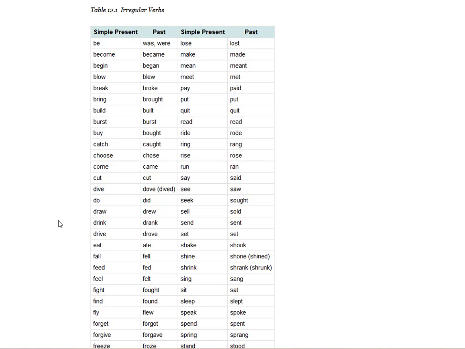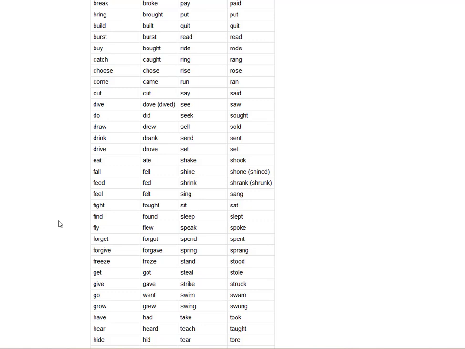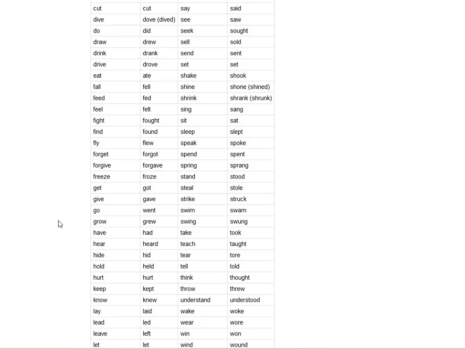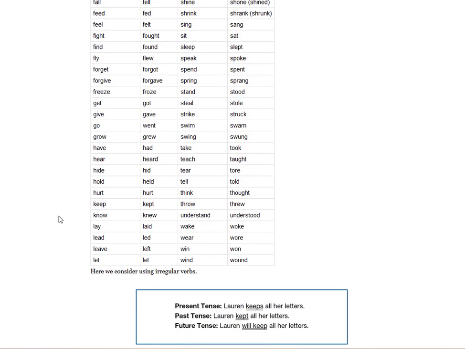fall, fell, fallen; feed, fed, fed; feel, felt, felt; fight, fought, fought; find, found, found; fly, flew, flown; forget, forgot, forgotten; forgive, forgave, forgiven; freeze, froze, frozen; get, got, gotten; give, gave, given; go, went, gone; grow, grew, grown; have, had, had; hear, heard, heard; hide, hid, hidden; hold, held, held; hurt, hurt, hurt; keep, kept, kept; know, knew, known; lay, laid, laid; lie, lay, lain; lead, led, led; leave, left, left; let, let, let;